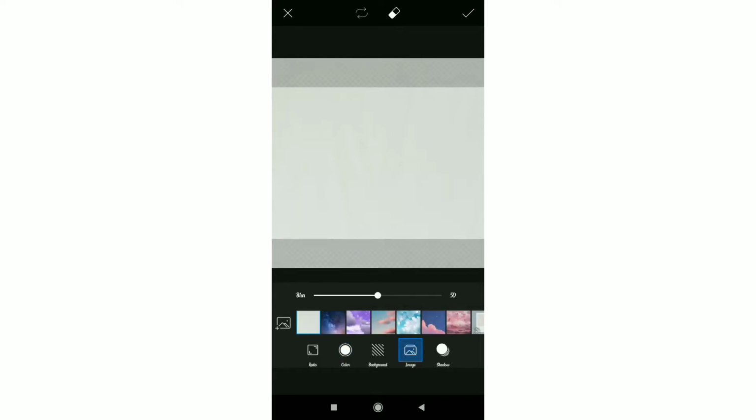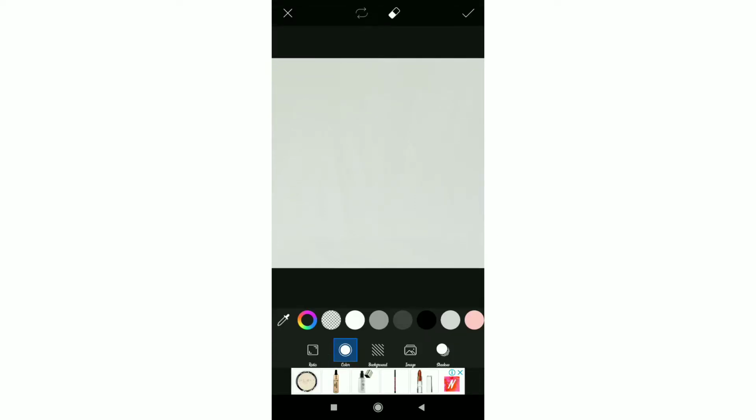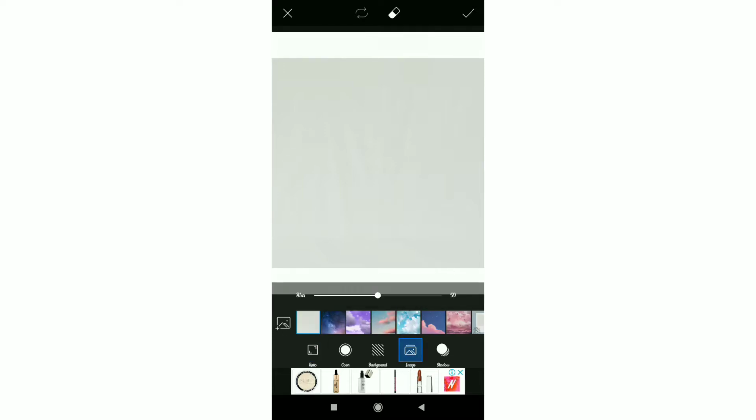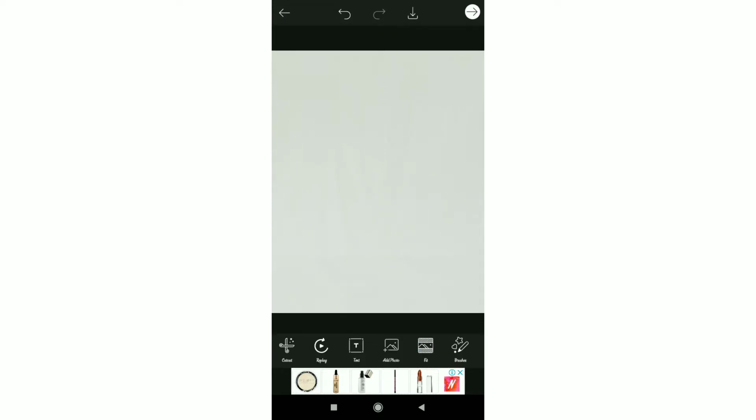So after the image is here, I'm going to fit this into a proper ratio. So I'm going to add the same image in the background that I had just edited. And I'm going to adjust the blur option to full because I do not want any blurred out backgrounds. So then I'm going to click again on fit, and I'm going to now select the ratio of the portrait, the Instagram portrait ratio, and again I'm going to add the same image in the background and blur to 100.